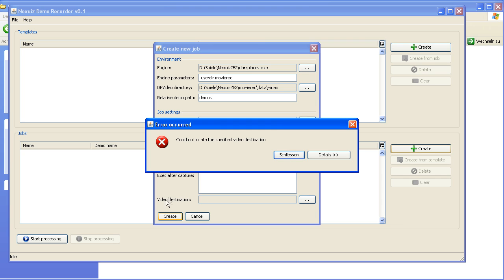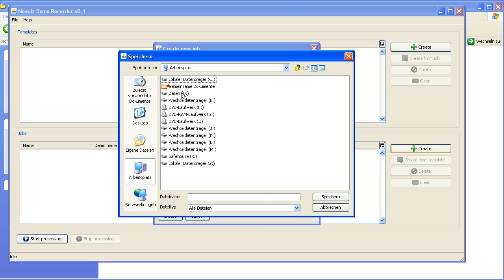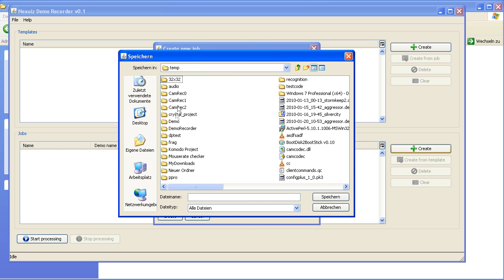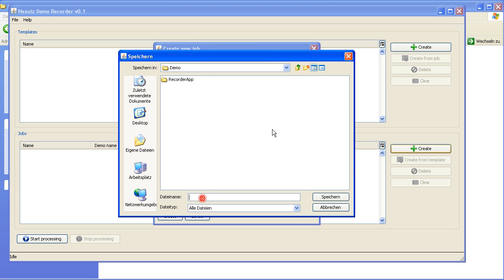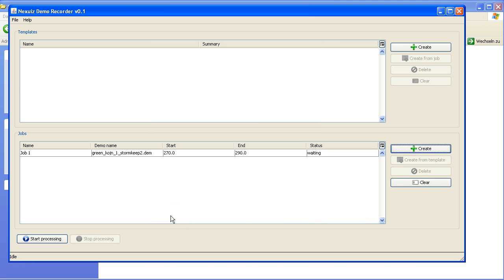Okay, and I forgot to tell it where to save the final video to. Obviously, I have to do this. And I'll create this in my temp demo directory, and I'll call it, let's say, storm keep. I don't have to specify an ending because it's gonna take the one that the original file had, so that is either an OGG container or the AVI container. So now I create a new job,